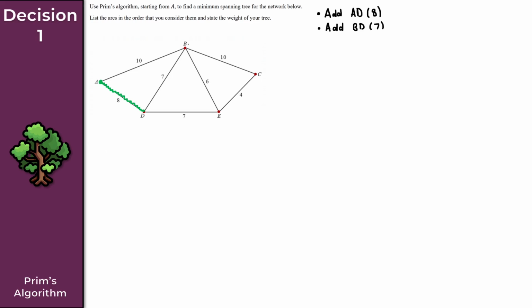And again, let me just include that on our network here that we were given. So we'll get something like that. Okay. Now, at this point here, we don't need to include A anymore in terms of considering that vertex, because